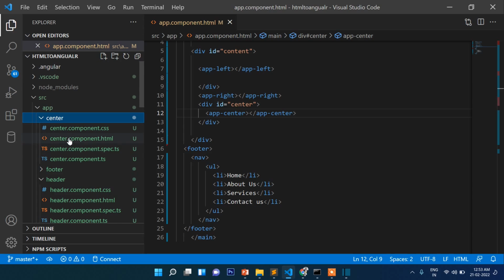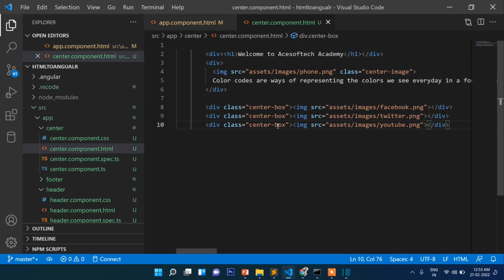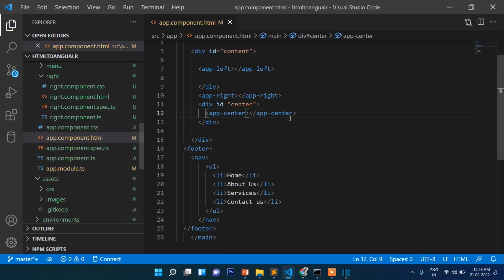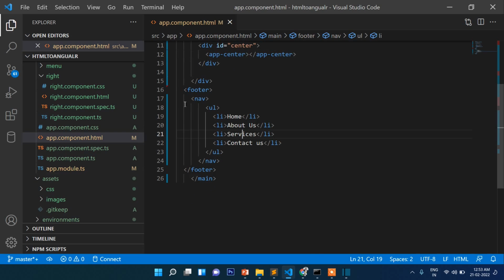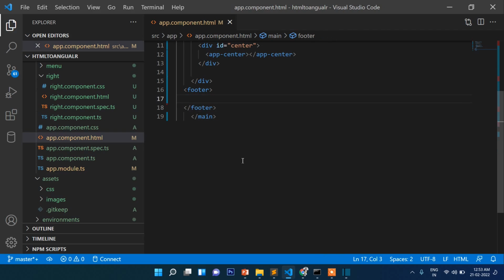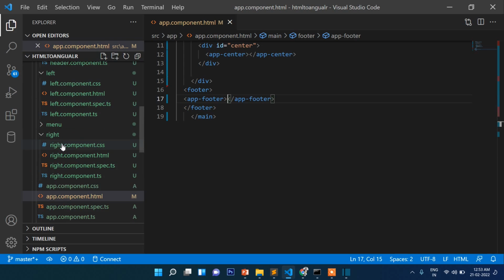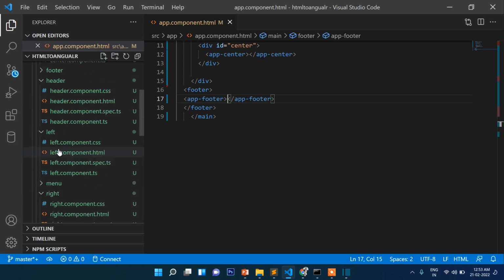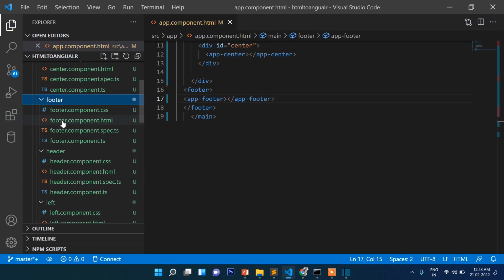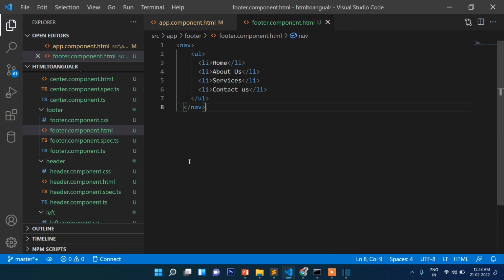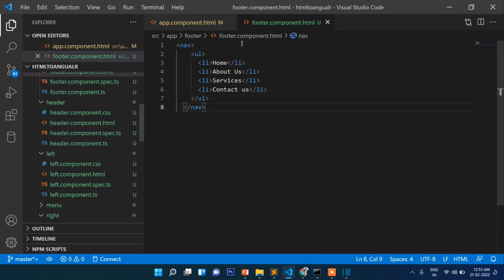Yes, center section, and finally this is footer, so app-footer, now footer, that's it. And I think in header